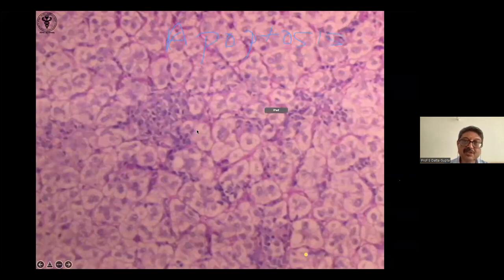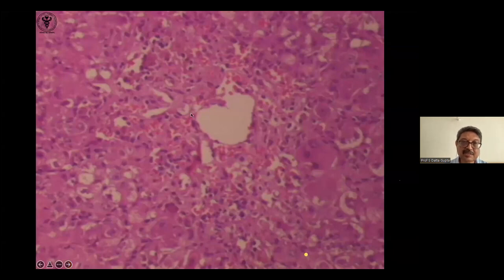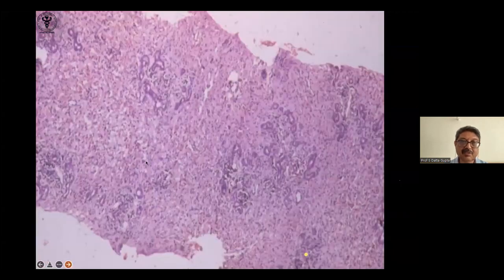Okay. Now this is an area of confluent necrosis. 1, 2, 3. You should have seen 2 or 3 hepatocytes here. On the other hand, you are finding a group of hepatocytes that are missing and there are inflammatory cells here. This is confluent necrosis, which is not qualified. This is another area of confluent necrosis in the centrizonal area around terminal hepatic venules. These hepatocytes are lost. So this is unqualified.